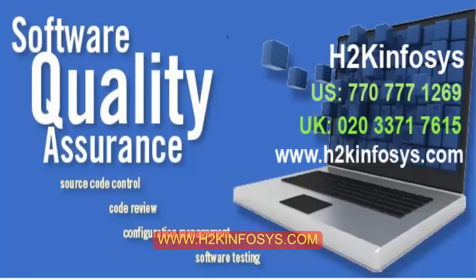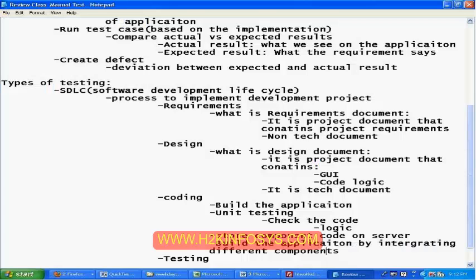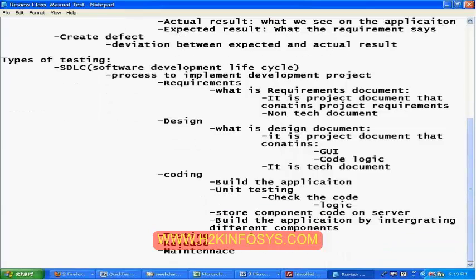That means, as I mentioned, developer 1 built the functionality for login. That's the component. Developer 2, the check balance component. Developer 3, the online bill pay component. Developer 4, the transfer money component. So once these components are ready, we are going to connect all these components together in order to build the application. So that's what the server integration will be done here at this level. So once this application is ready,